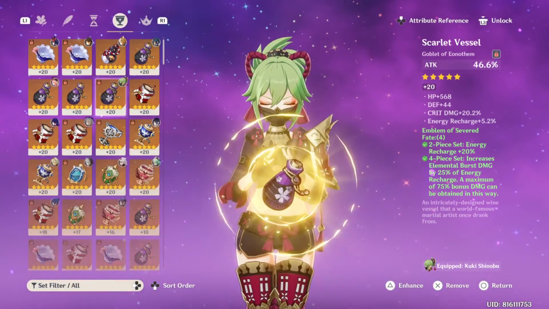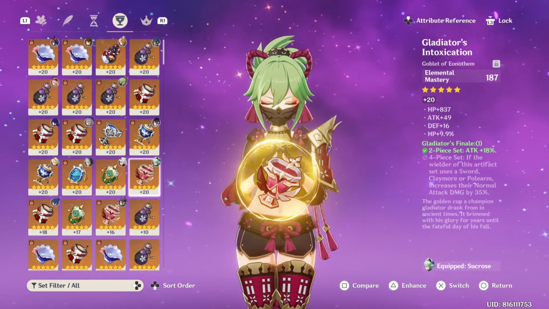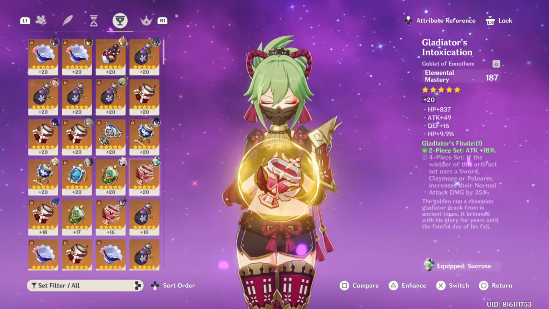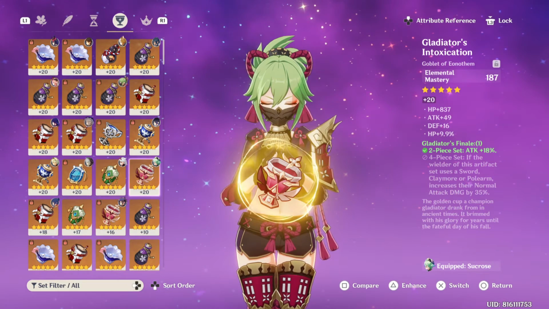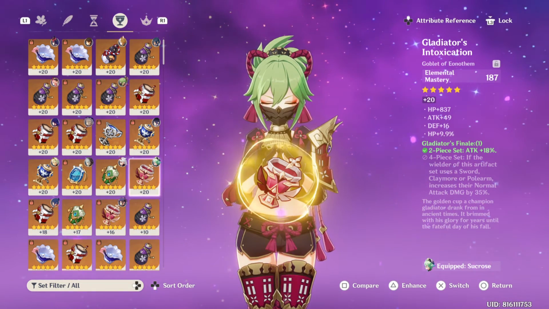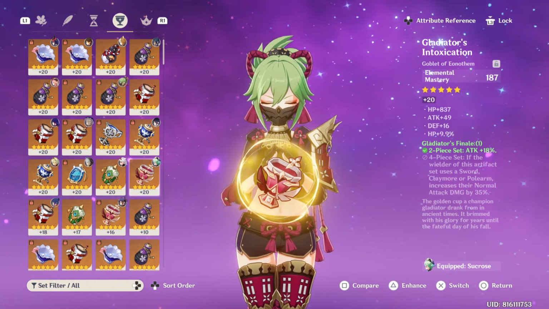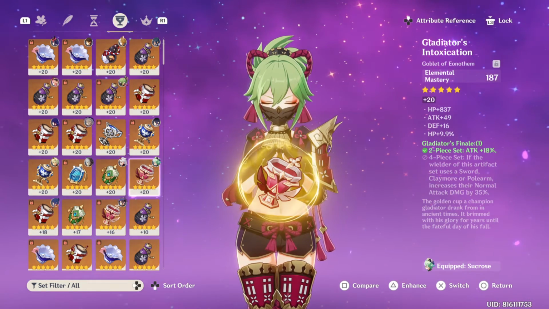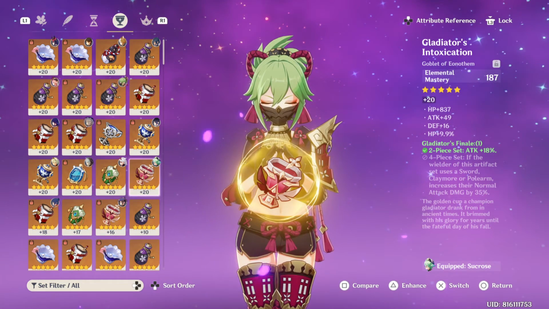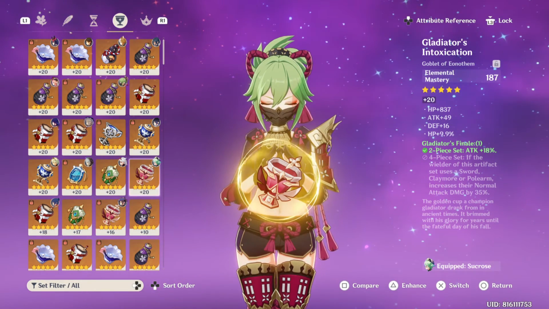Let's just cover other builds. So you can have 2-piece Shimenawa, 2-piece Gladiator, or 2-piece Vermillion. If you want to have an auto attack Kuki, 4-piece Gladiator can be decent. If you already have a fully built Gladiator on someone, just slap it in. I tried this with Ayato and it was decent. Or 2-piece attack percent, or 2-piece noblesse, or any 2-piece electro damage,